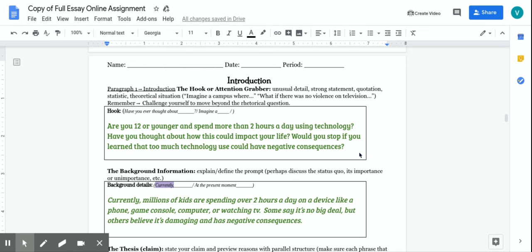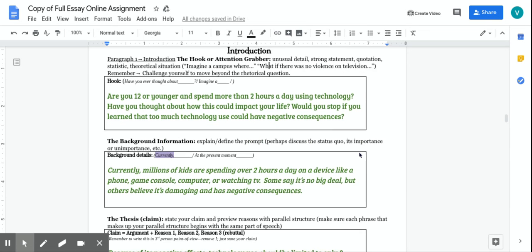And again, because I'm on the pro side of it should be limited, I want to make sure that when I have my hook, I'm guiding my reader to my opinion. And I'm getting their attention. I'm hopefully getting the reader connected in some way to what my topic is, which is putting a limit on technology use.